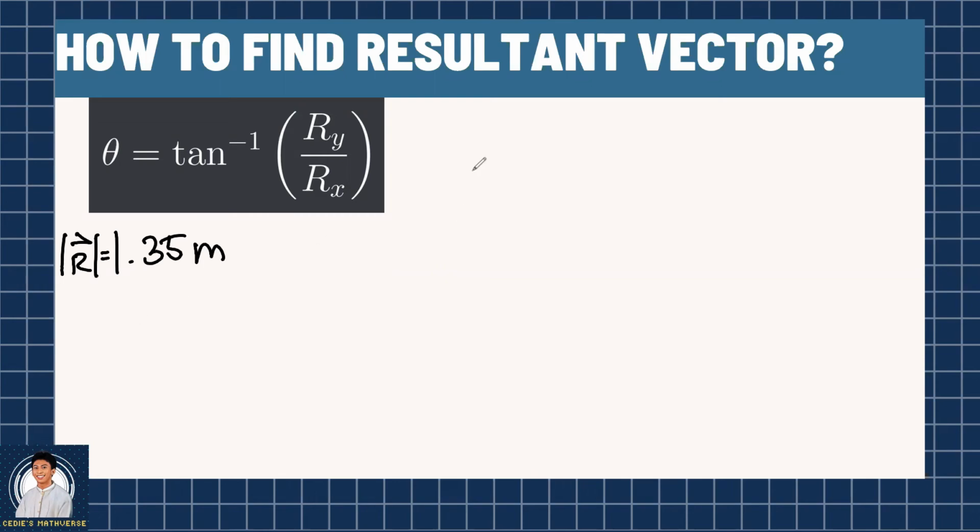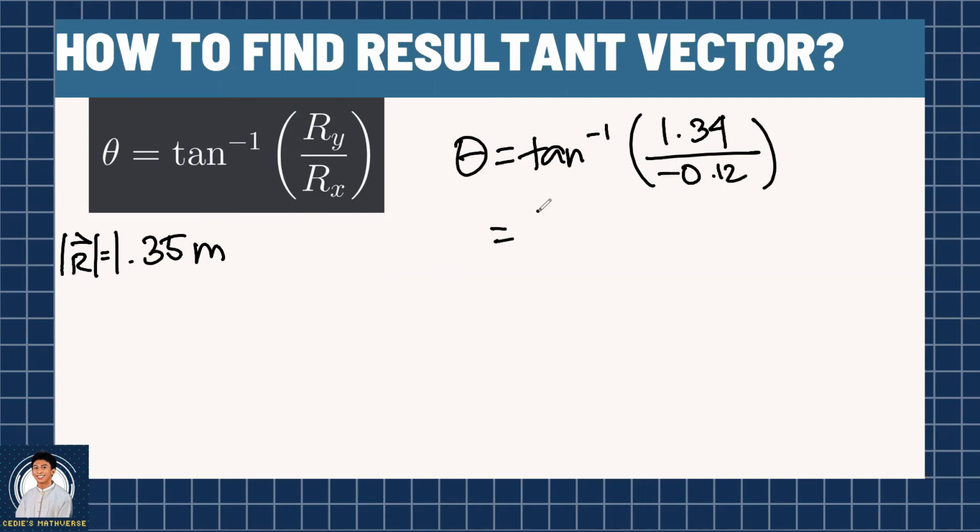So we have theta equals arctangent of the resultant component of y. So we have 1.34, then the resultant component x, negative 0.12. This is arctangent of negative 11.1667, which is equal to